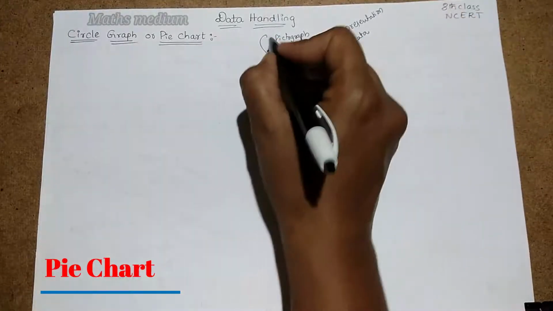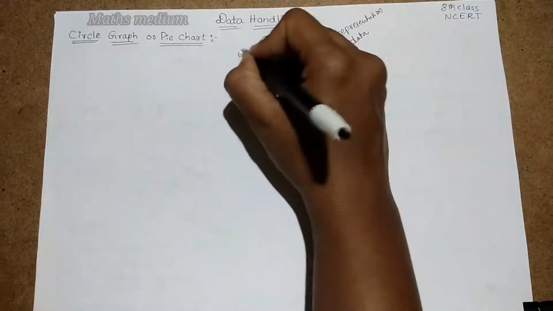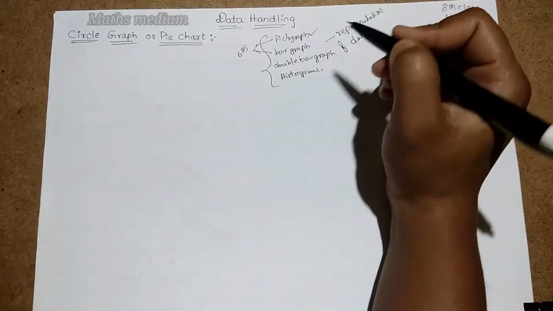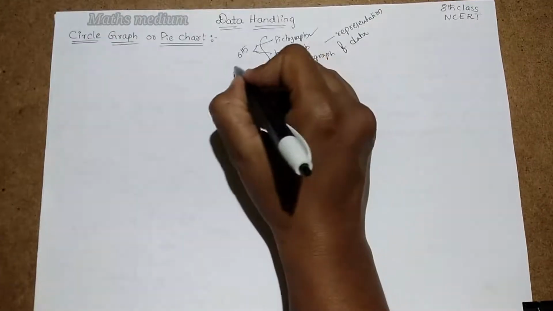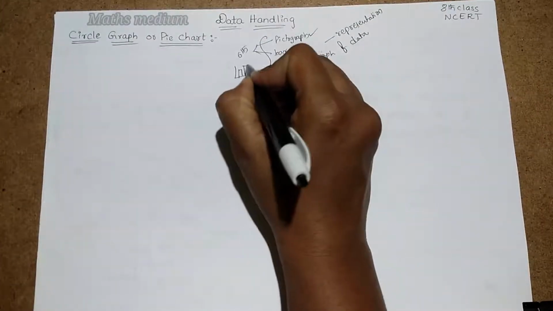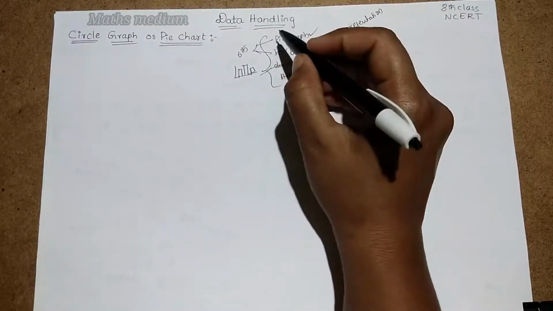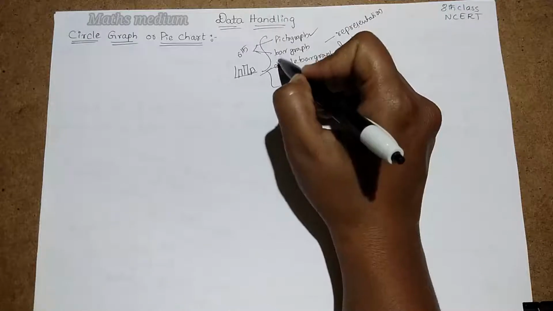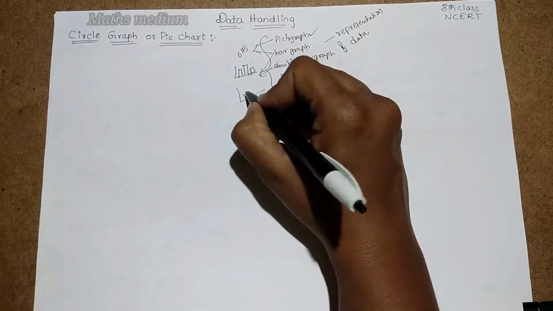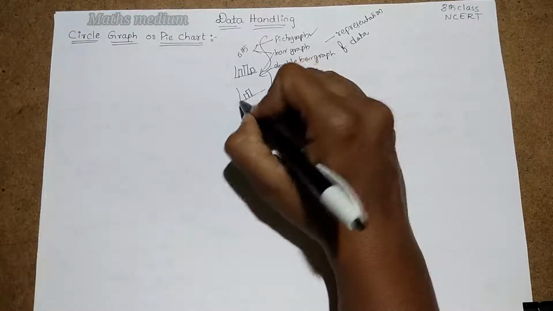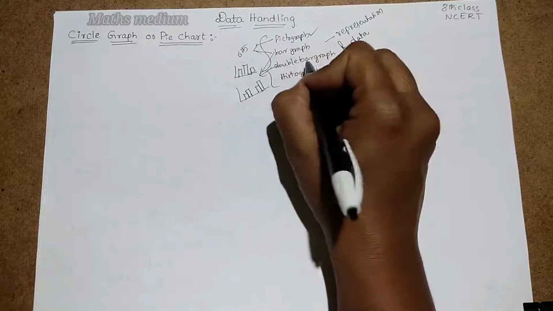In earlier classes, that means in 6th class, you learnt about the pictograph and bar graph, right? A pictograph is a representation in the form of pictures. In a bar graph, we know it is representation through bars. Next, coming to the 7th class, you learned briefly about the pictograph and bar graph. Coming to the double bar graph, we are comparing two quantities of the same data. That is about the double bar graph.